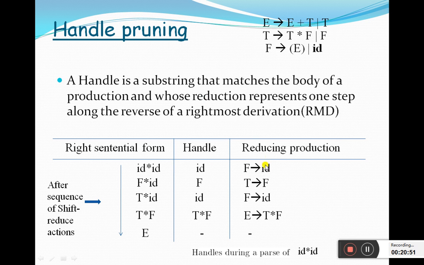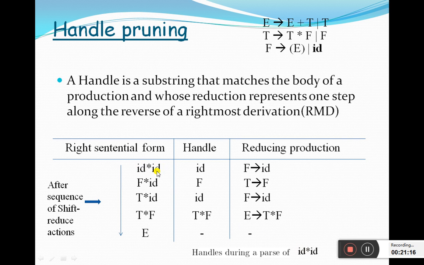Let's take another sample example to illustrate handles during parsing of id * id. So the first right sentential form is id * id. Of course it is a sentence; it does not contain any non-terminals.